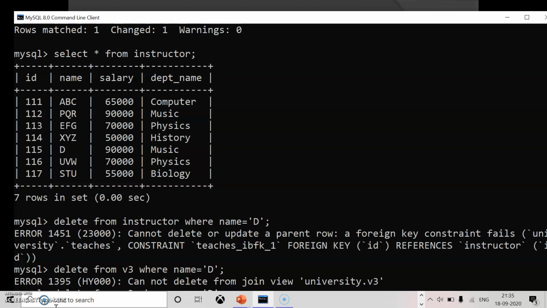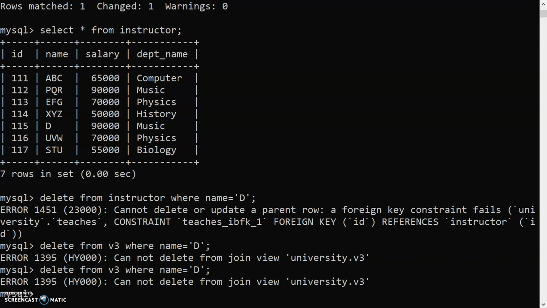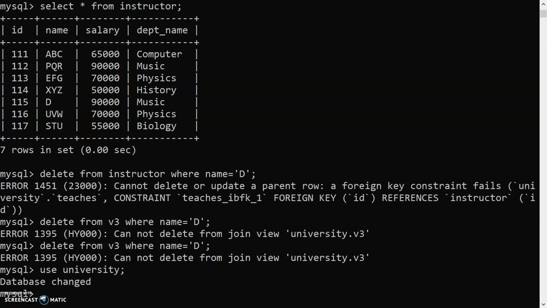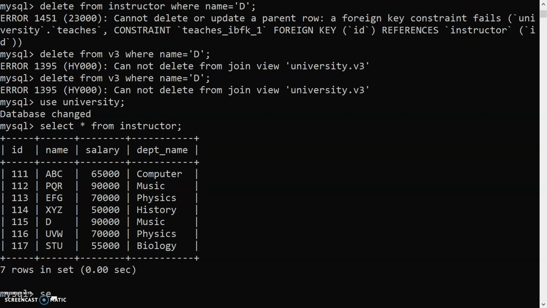I am using the university database. In the university database I have the instructor table and I have the teaches table. So what is my query?